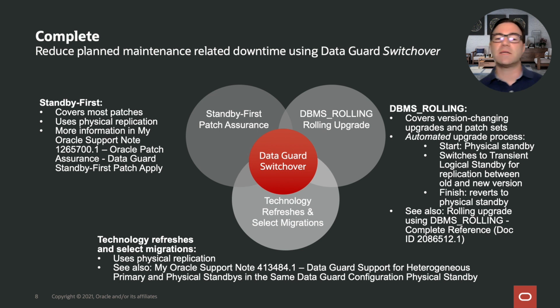In addition to that, DataGuard is a very complete disaster recovery solution. Now, so far, I have mainly talked about the failure cases. DataGuard can also help to reduce planned maintenance-related downtime using what we call DataGuard switchover. DataGuard switchover is basically a role exchange between the primary and the standby for the purpose to reduce planned maintenance, for example. Now, planned maintenance can come in many ways, but three typical ones are patching, upgrades, and technology refreshes. All of these cases are covered by DataGuard in the following way. Let's assume your application runs on a database, and that database is part of a DataGuard configuration.